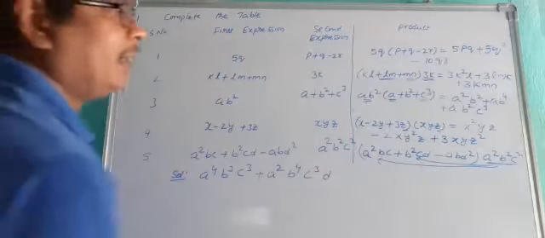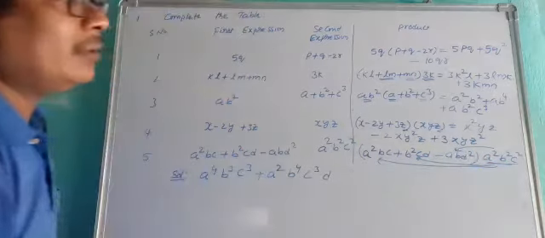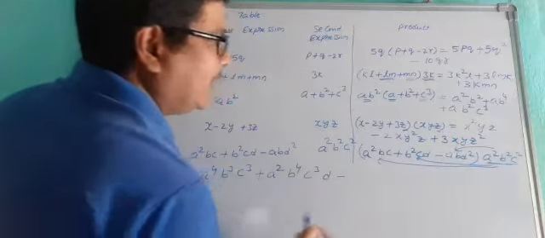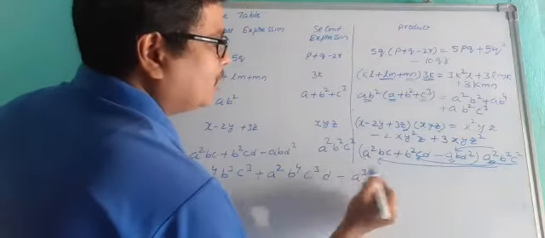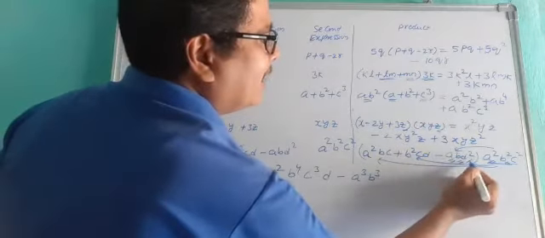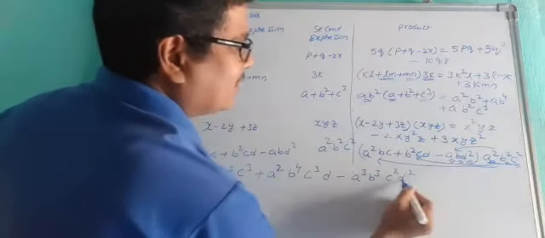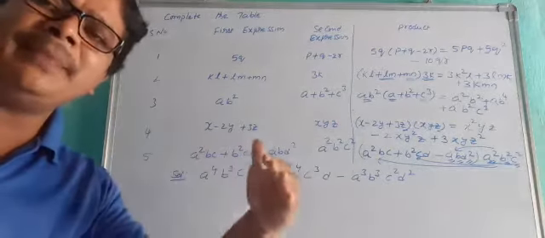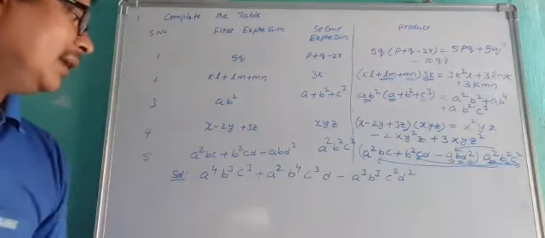Next one, last and final one, a square b square c square into minus a b d square. Negative quantity into positive quantity, negative quantity. a into a square equals a cube. b into b square, b cube. And last one, c square into d square, that means c square d square. You arrange them cyclically, a after b after c after d, like that. The resulting product is like this.